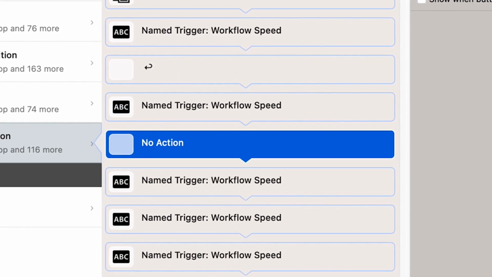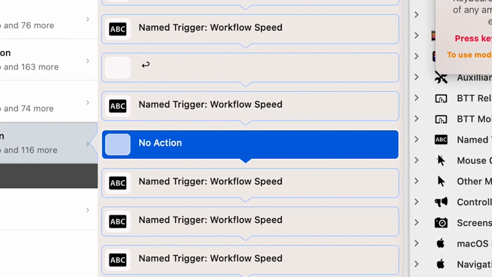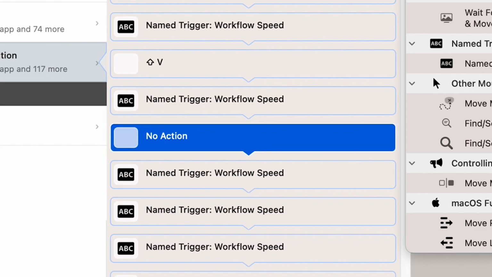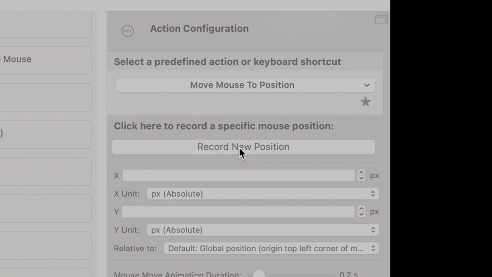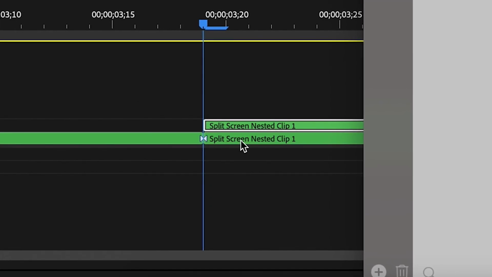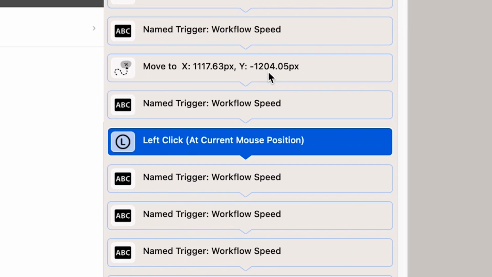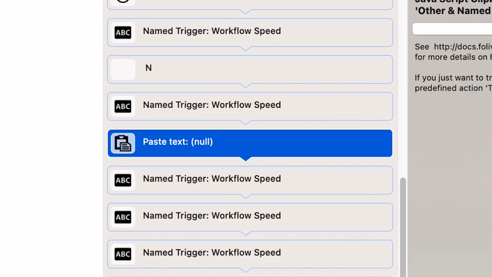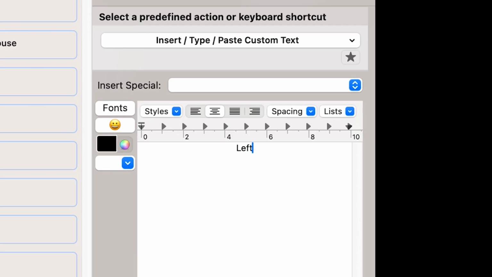Now we have to nest both clips separately once again, so let's continue with another Shift plus V shortcut action, a move mouse to position action with the lower adjustment layer piece as our saved mouse cursor position, a left click action, the N key, the action insert type paste custom text with left written into the text field, and